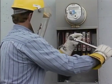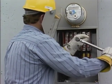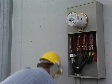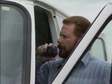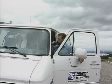With the first phase checked and properly connected through the meter, he will continue the process with the other 2 phases. Once all 3 phases have been connected, he'll make one last visual inspection of the cabinet to make sure that everything is in order, and close the cabinet. Finally, the technician can report that the meter installation is complete, and the customer can close in the disconnect switch